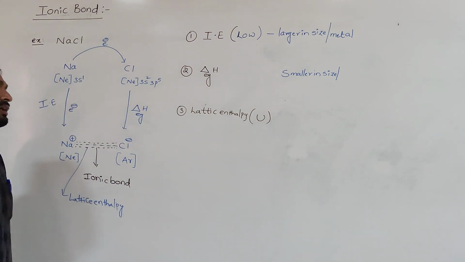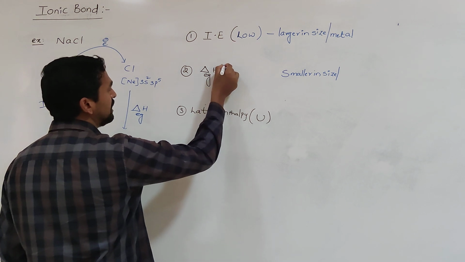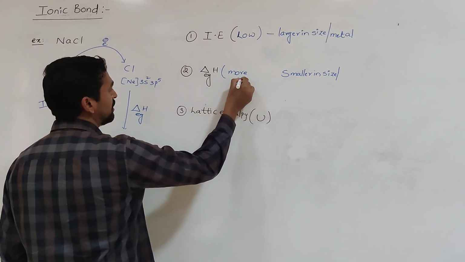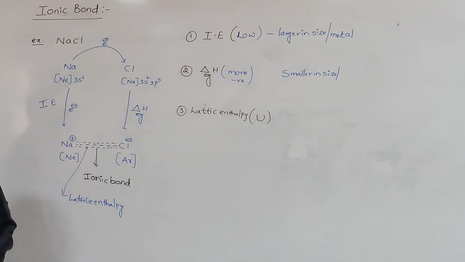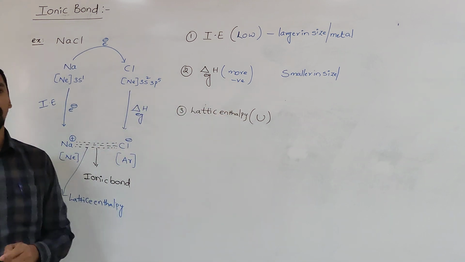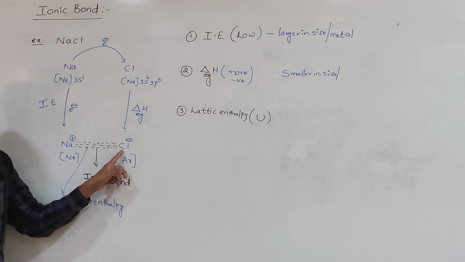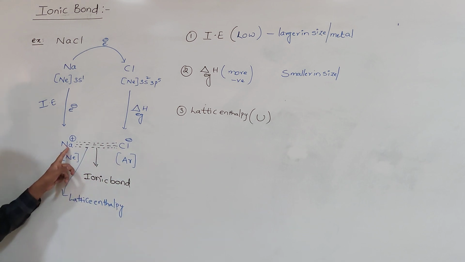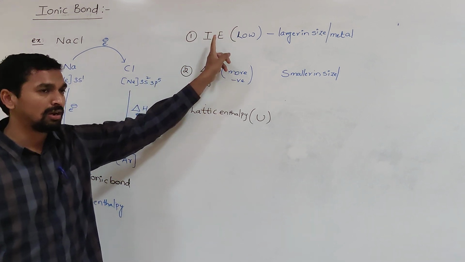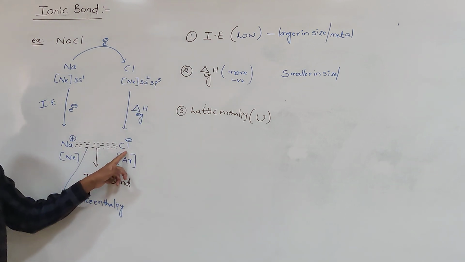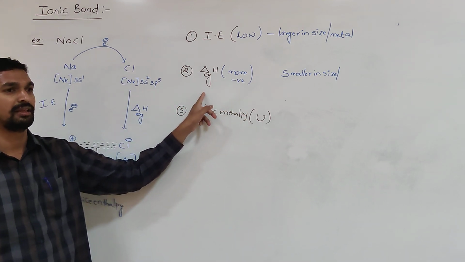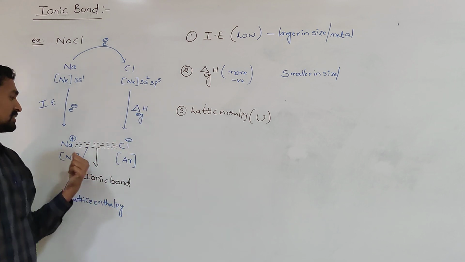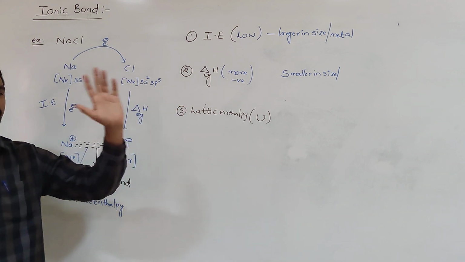When the electron is gained, in most cases energy is released. That is what we call a more negative electron gain enthalpy value. So the atoms which form the anion must have a more negative electron gain enthalpy. For the formation of an ionic bond, we first need the formation of a cation and an anion. The cation is formed by atoms having low ionization enthalpy. The anion is formed by atoms having a more negative electron gain enthalpy value. In those cases, the cation and anion formation will take place very fast.